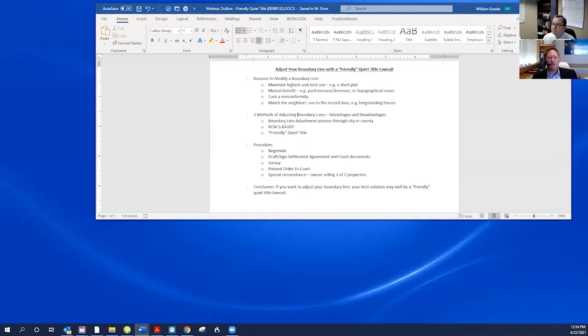So there's this method of resolving an encroachment called a lawsuit for quiet title that Andrew mentioned. And so one side or the other is going to have a claim for either adverse possession or prescriptive easement, or if you're the one getting encroached upon, a lawsuit for ejectment.